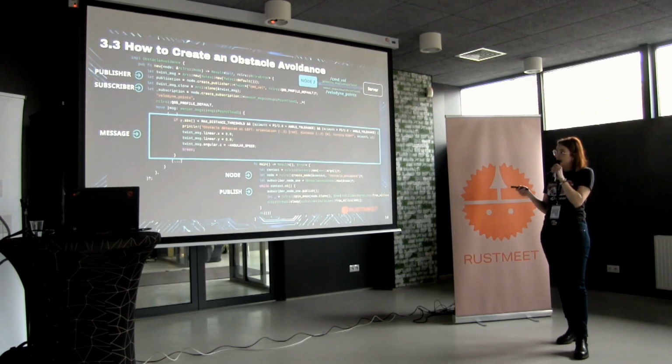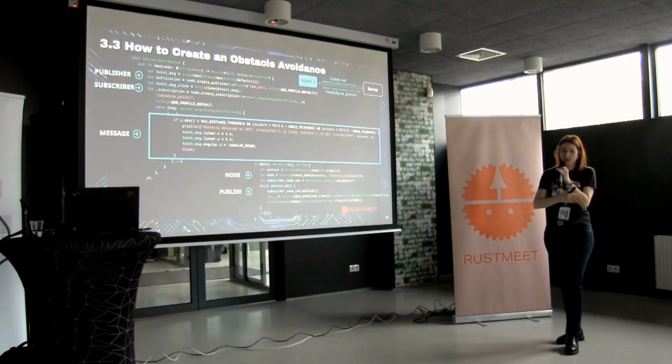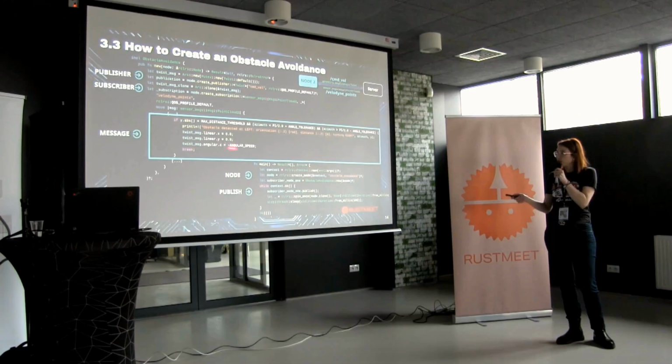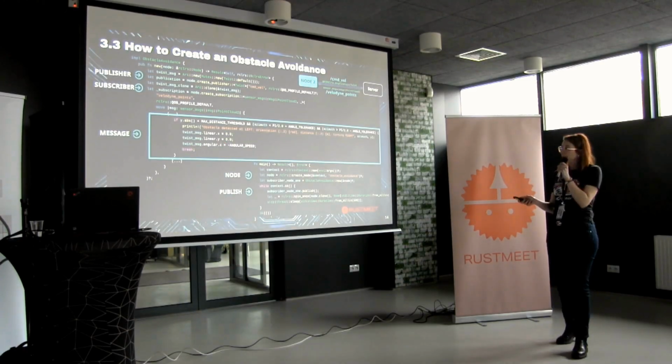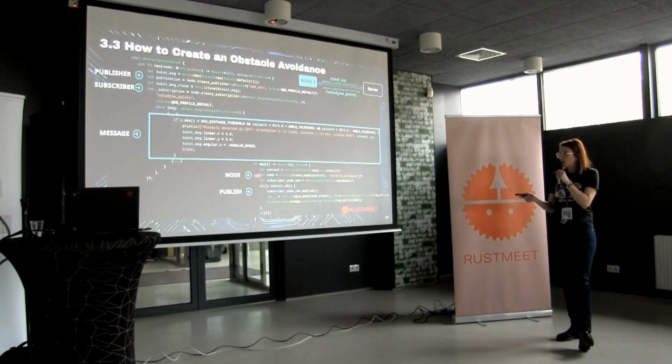Okay, so in this case, it's like some example. If I have some obstacle on the left, okay, and then, for example, this is to detect that I have something in the Y, and this is to detect if there is a specific angle. Then what I'm doing is filling and changing the angular velocity of the robot to move accordingly and to avoid the object. Okay, so this is the main function, same as before, context,